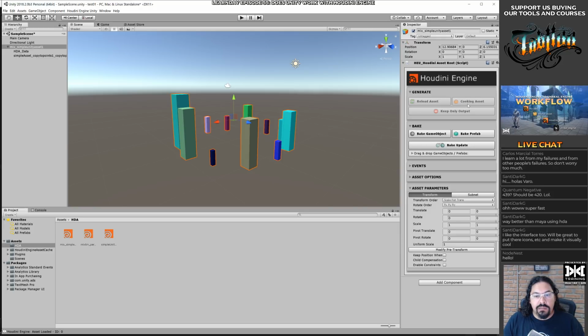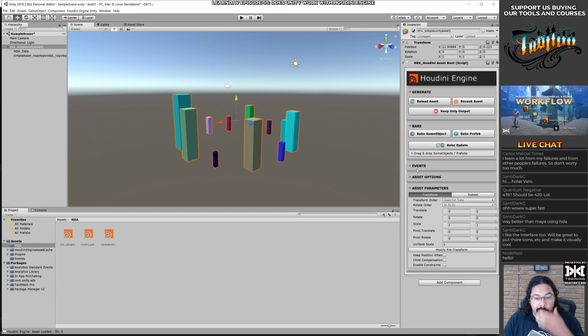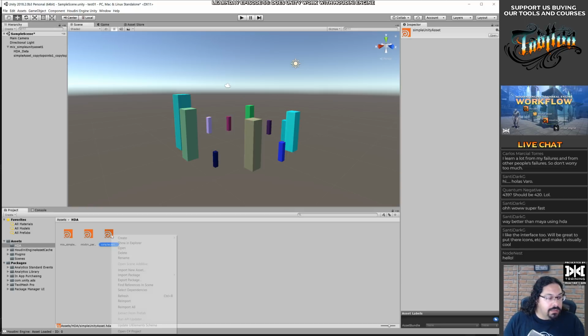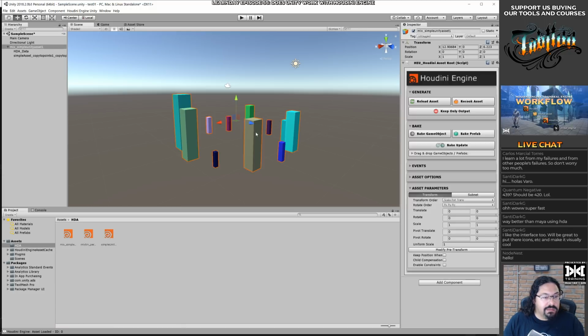Recook. No. Reload. It should change. Do we need to refresh this? Re-import.